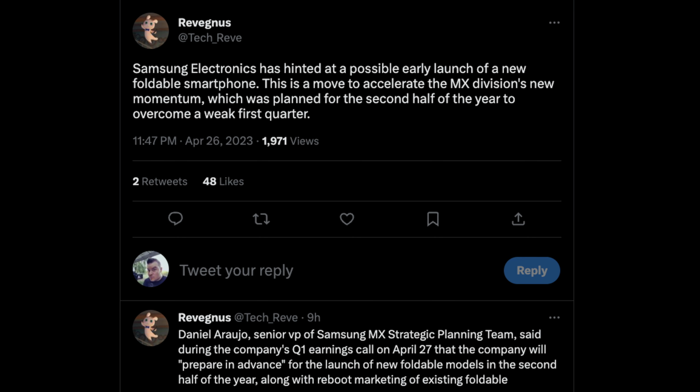He says Daniel Araujo, Senior VP of Samsung MX Strategic Planning Team, said during the company's Q1 earnings call on April 27th that the company will prepare in advance for the launch of new foldable models in the second half of the year, along with reboot marketing of existing foldables. So you might have been like, well, he's talking about the Fold 5 and Flip 5, but he says new and existing. So it sounds like he's talking about that new either tri-folding phone or folding tablet, or maybe both,